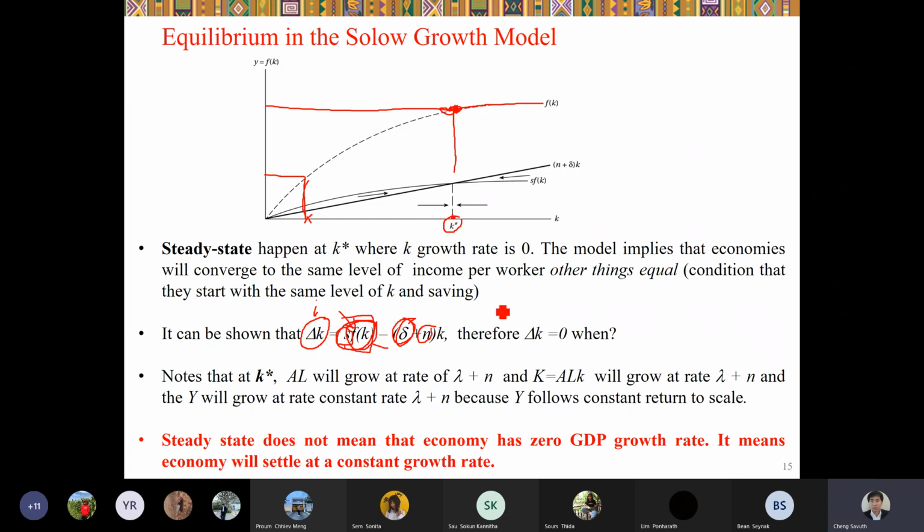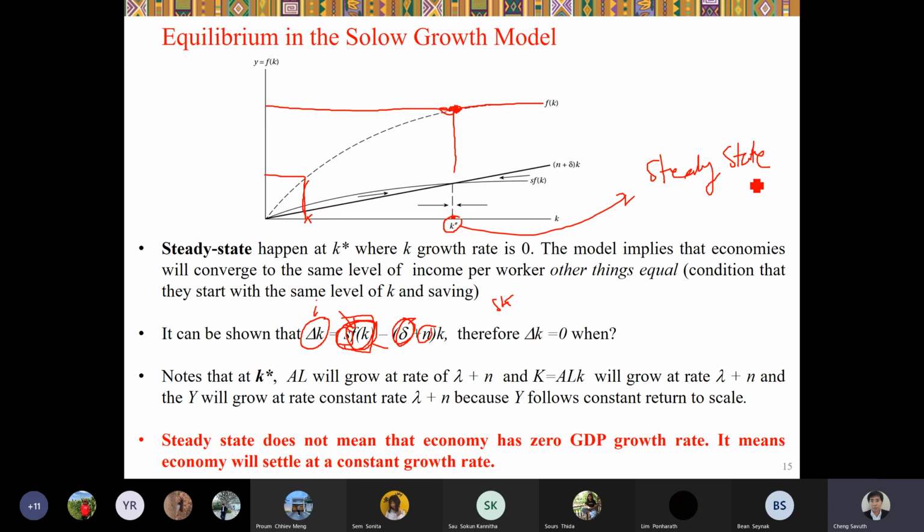Okay, so the saving that you used to buy the machines ends up equaling the rate at which the machines are getting old. So then you no longer have growth in the capital. The growth rate of capital will reach the steady state. So K star is called the steady state. When an economy reaches the steady state,